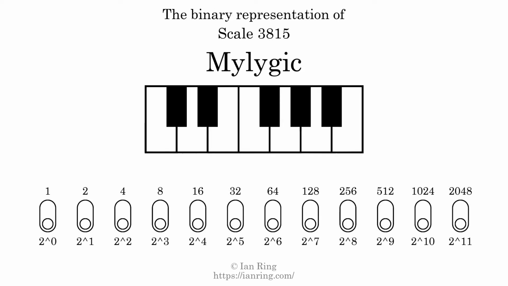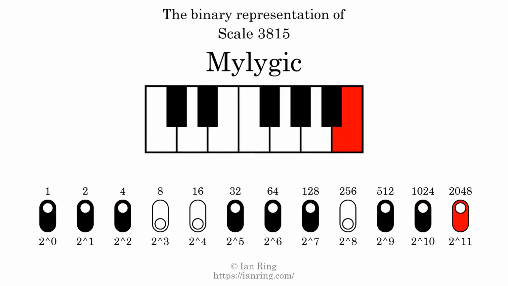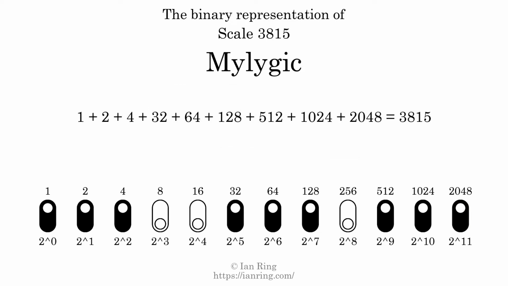The binary representation of this scale is determined by mapping tones of the scale to binary digits. Each binary digit represents a power of 2. To get the scale number, we add the powers of 2 together. The powers of 2 that are present in the scale, all added together, equals 3815. That is why the scale number, in decimal, is